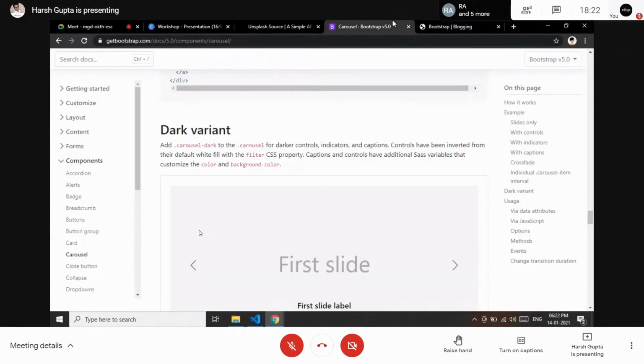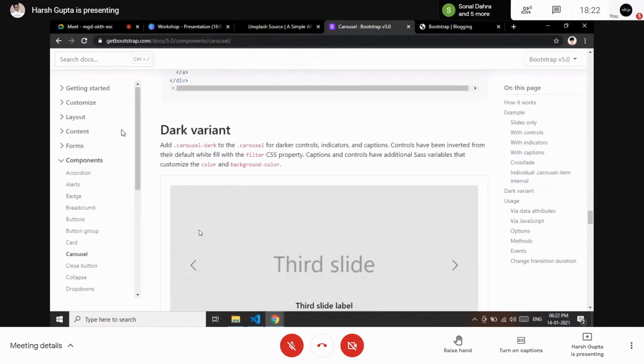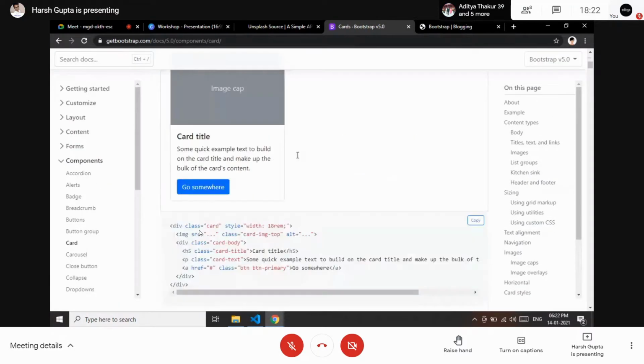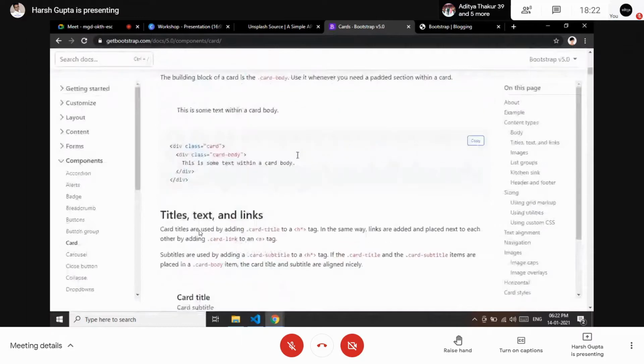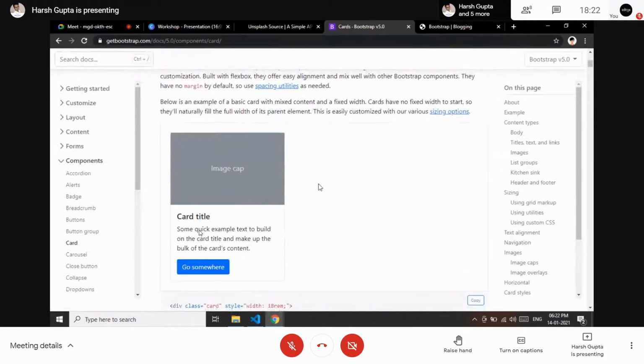Okay, so for the blogging website, we have our navbar, our carousel, and the next thing we want is to show the content, like how many blogs you have written. For that, we have cards. This is a card which we can click on, and these are the many types of card which we can use. This is a simple card.